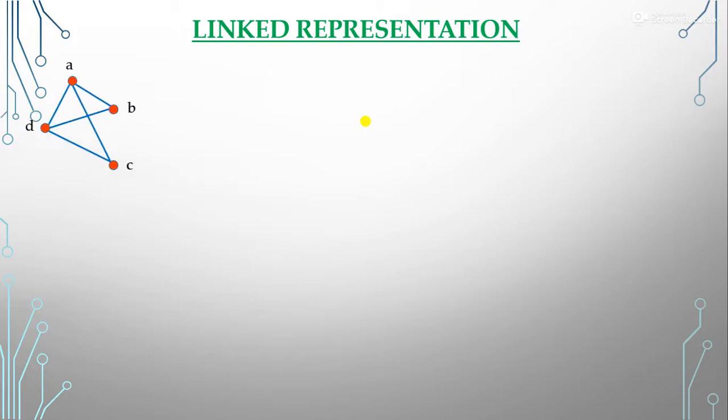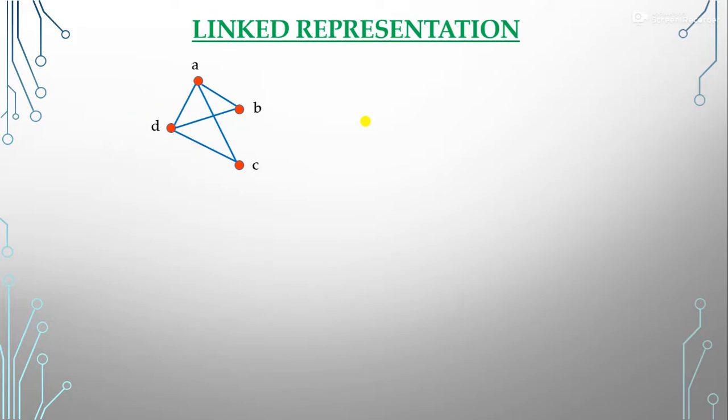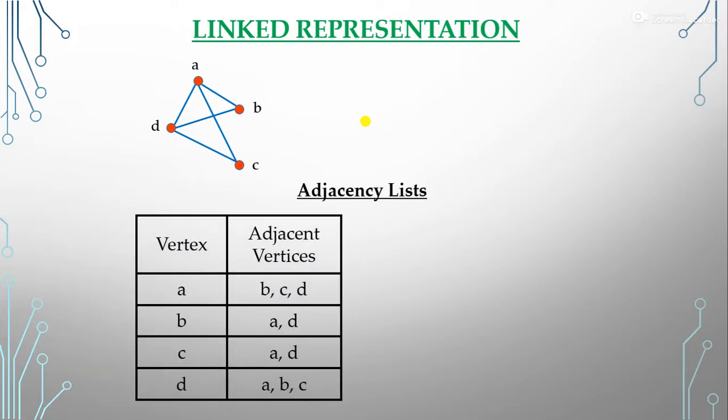So you can see here, suppose one graph is this one and this is your undirected graph, no direction is there. So here we use the adjacency list. So the linked representation is like that. We have the vertices here in one column of the table. How many vertices are there? A, B, C, D. 4 vertices are there, and adjacency list means we have to see here what are the